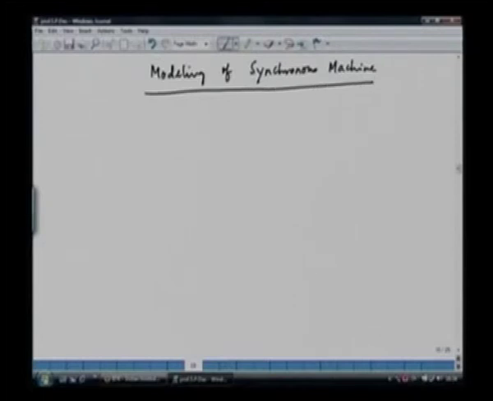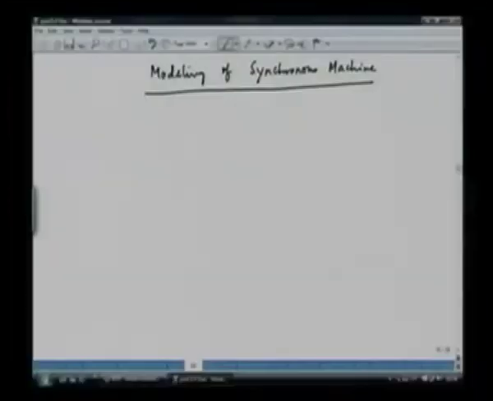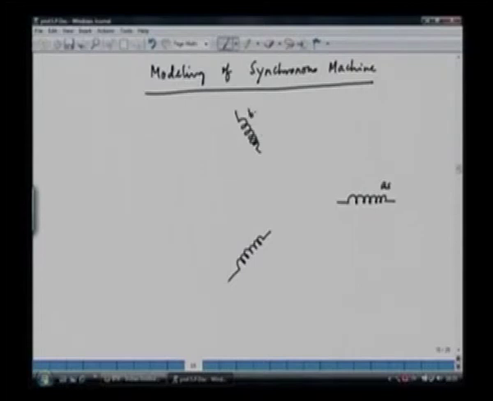Synchronous machine modeling is more complex than induction machine because it's a doubly excited system. We have a 3-phase stator and we also have a field winding in the rotor. So if we see the structure of a synchronous machine, these are the stator windings AS, BS and CS,